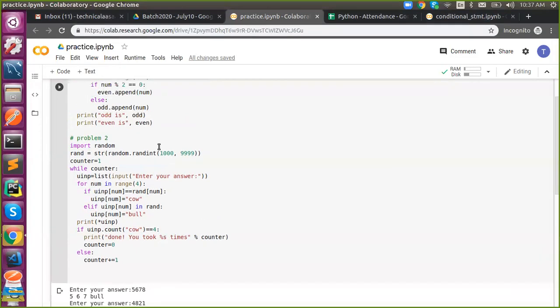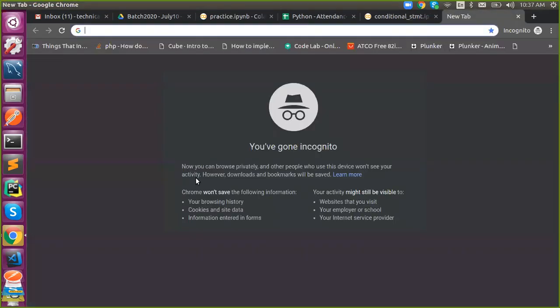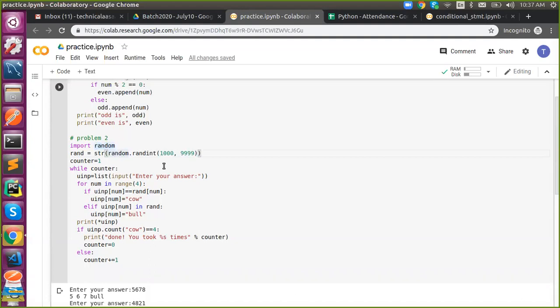Okay, so I will explain the code once again. Random is a package, a built-in package. This will help you to generate a random number. Just start from the question. Actually, I forgot the question also. Okay, so the question is that there is a random number. The system will generate a random number. It's just as if this is a game, and you're supposed to predict a number.